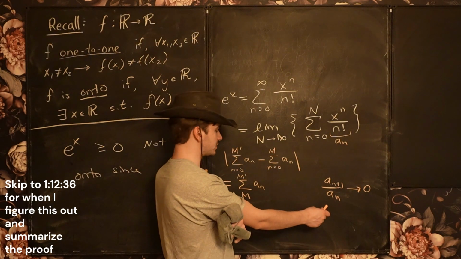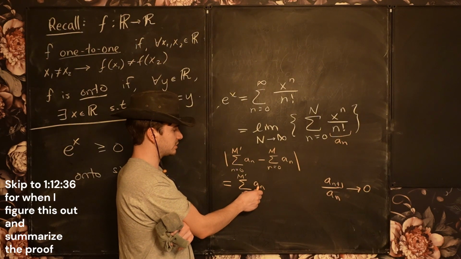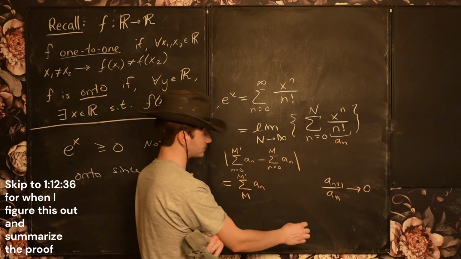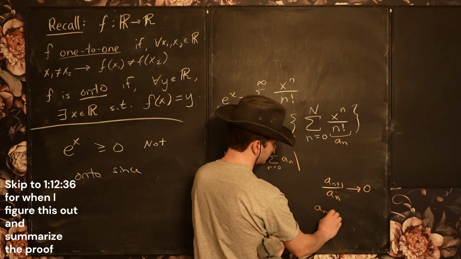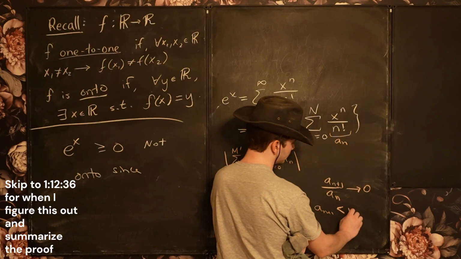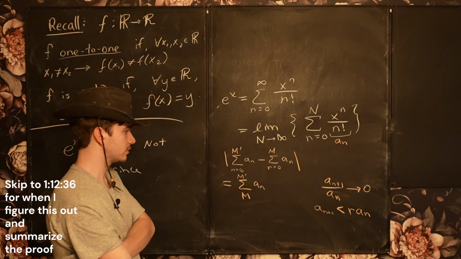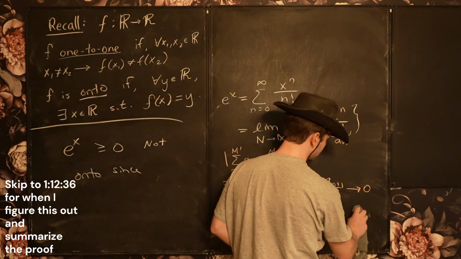So how can we use this to our advantage? Since this converges to 0, I can choose a capital M large enough such that a to the n plus 1, let's say, is less than r times a to the n, is less than epsilon